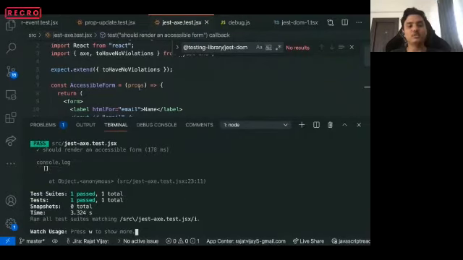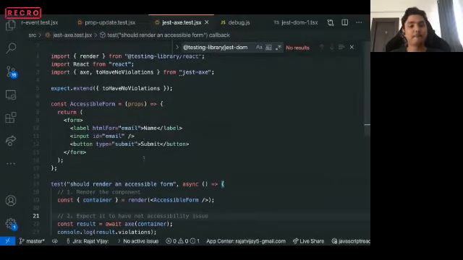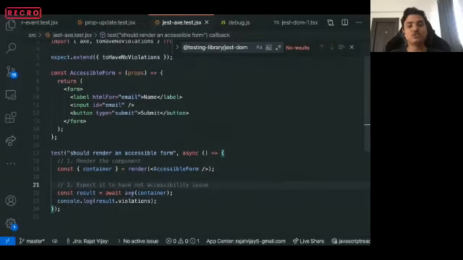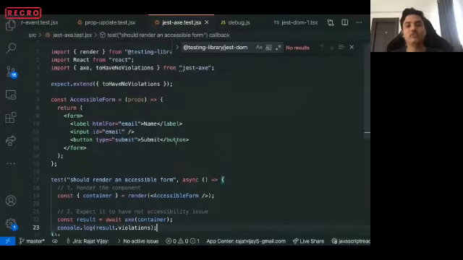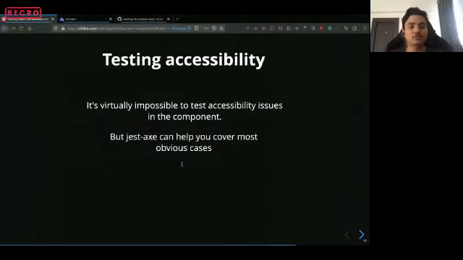Now you can see that there are no violations. So this is how you can actually use the axe function to test for accessibility issues in your component. It follows the general accessibility guidelines that the HTML specification specifies. It will not test for all of the accessibility issues in your component, but just the major ones.